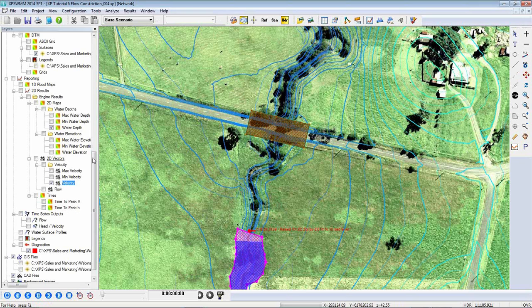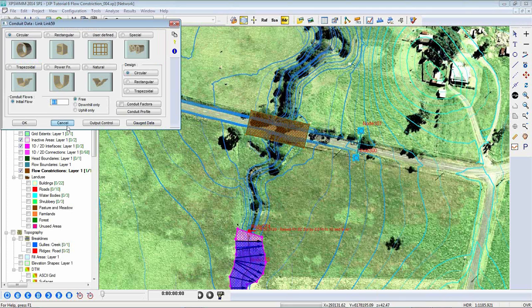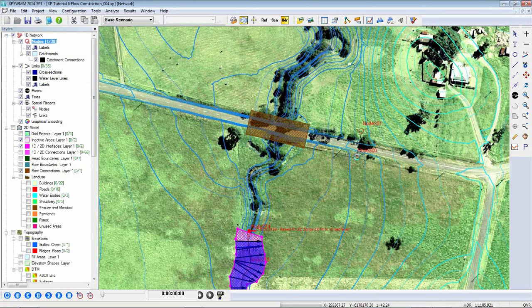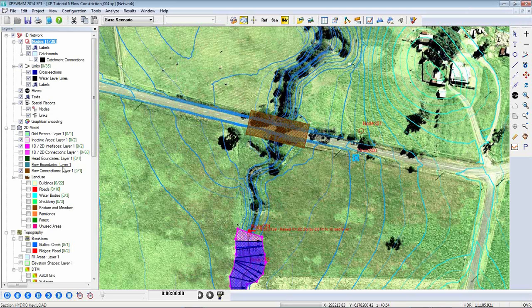So if I turn on the links and nodes here, if we were to want to model a culvert just by drawing a link, and we were linking this culvert to 2D, then in the node we would set link invert to 2D if it's a culvert going underneath a road embankment,